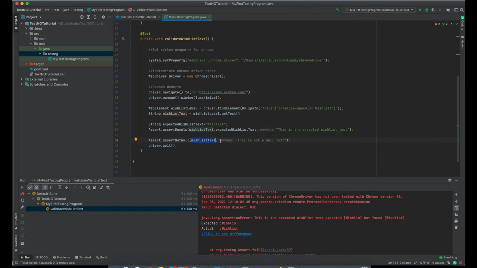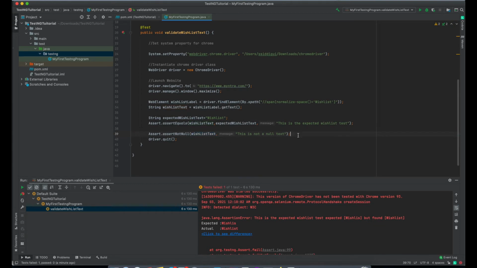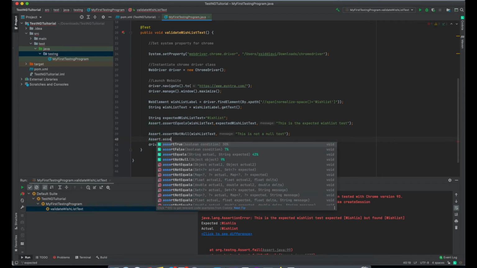We are going to see this later and run it together. Later there is one more assertion, assert not equals.